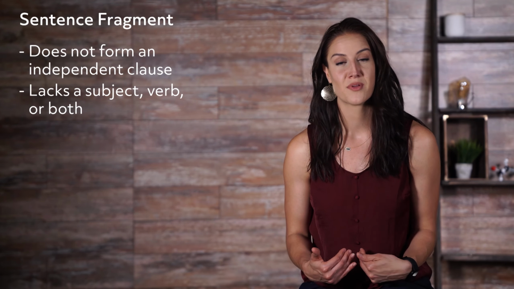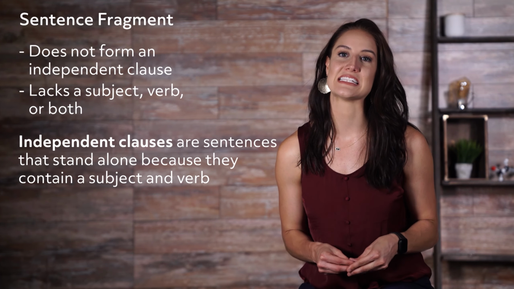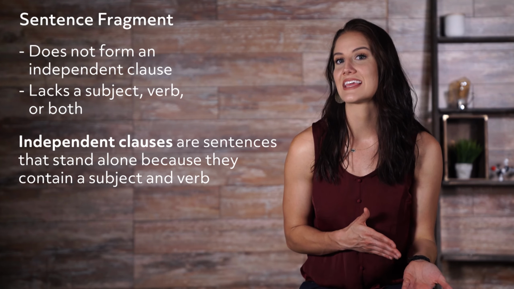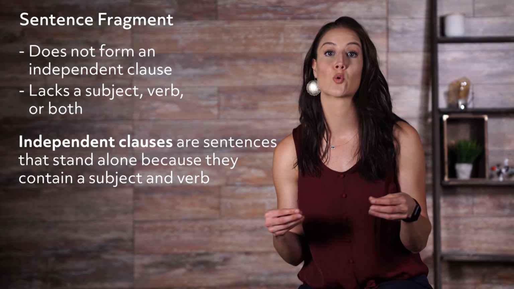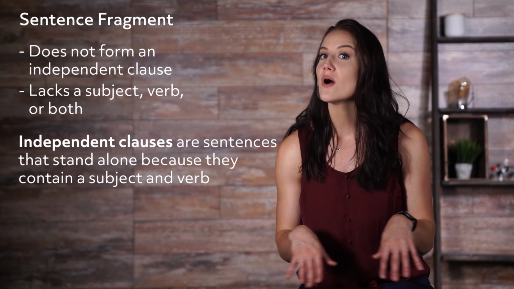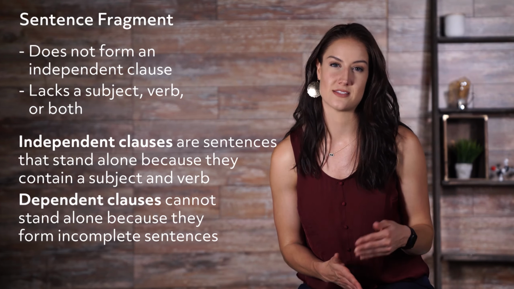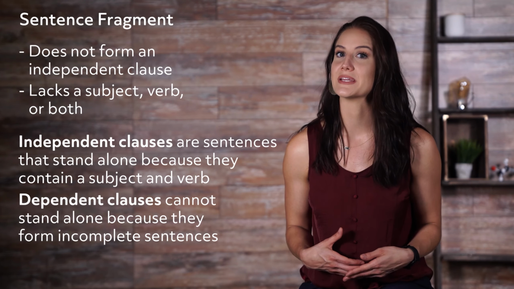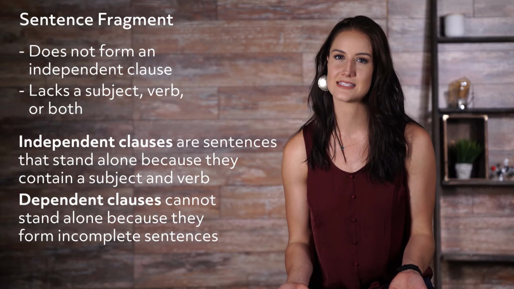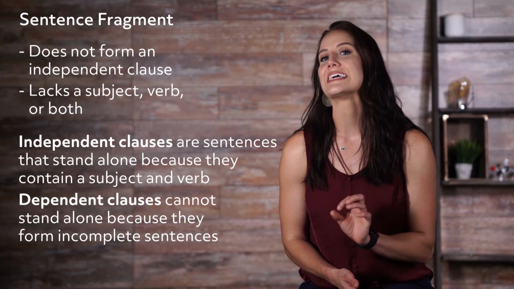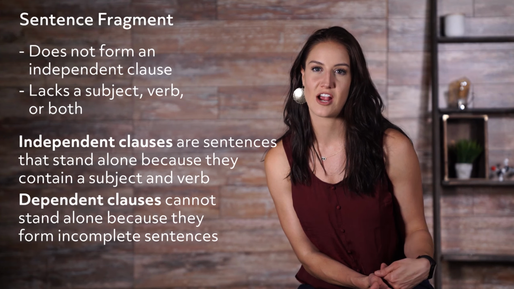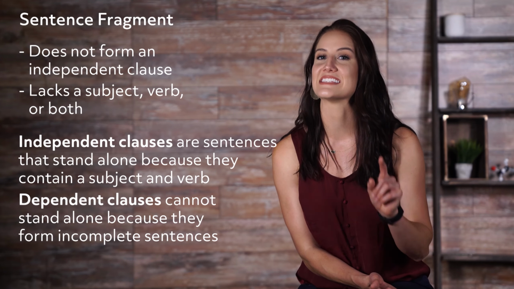It does not form an independent clause. This means that the sentence is lacking a subject, a verb, or both a subject and a verb. Independent clauses are sentences that stand alone because they contain a subject and a verb in agreement with one another. No other pieces are necessary to consider the sentence complete. Dependent clauses, on the other hand, cannot stand alone because they form incomplete sentences. Today, we're going to look at 6 different types of sentence fragments that you'll most definitely see in the course